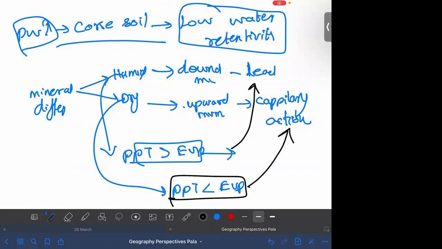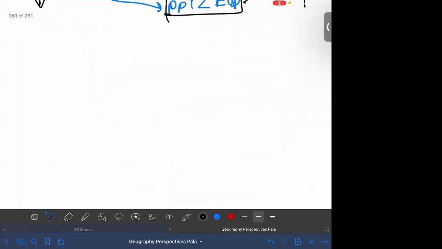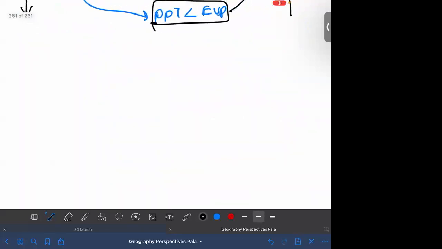When that water is moving up, it will also bring the minerals from the lower horizon to the upper horizon. So mineral movement is one to the bottom, and one to the top. So obviously, based on the nature of mineral movement, if more minerals are found in the upper soil, it will have one property compared to the minerals found in the lower portion. So that is basically how climate is acting on mineral differentiation. So almost all properties of soil are affected by climate.